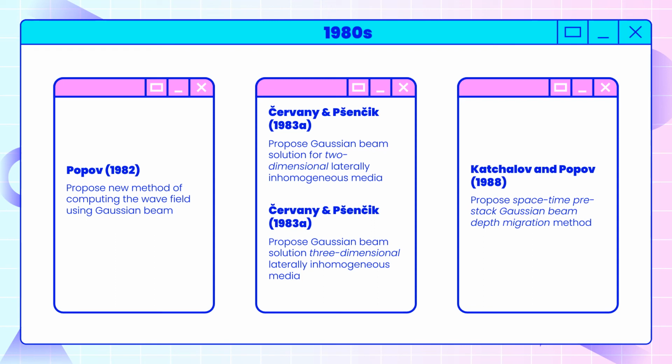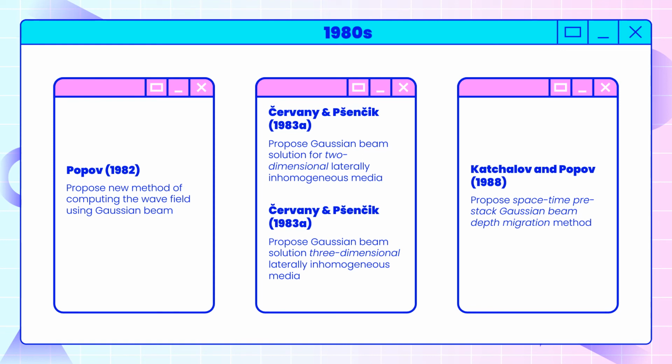Babich and Popov in 1983 proposed an asymptotic high-frequency solution for the computation of wave fields in two-dimensional laterally inhomogeneous media, where the complete wave field is obtained as an integral superposition of all Gaussian beams arriving in some neighborhood of the receiver. In the same year, they proposed an asymptotic high-frequency solution based on the elastodynamic equation in three-dimensional elastic